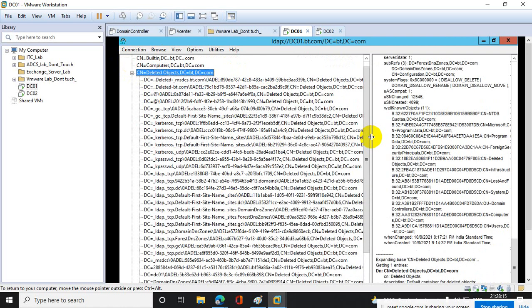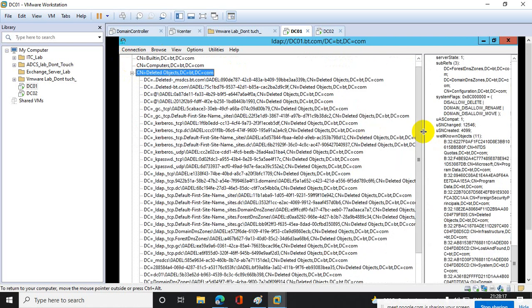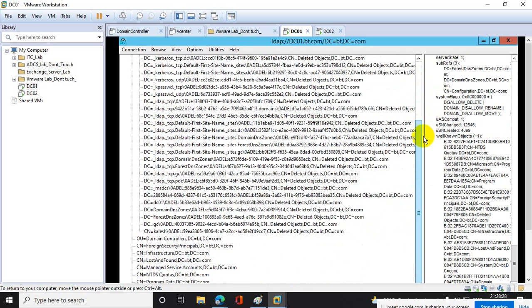You need not worry, because last week what we were facing was that the object was not coming. Even if you watch the video, you will find it out. That was not coming, right? Now see, just go down. Now you will find that user that was lying in the deleted objects container. Got it?